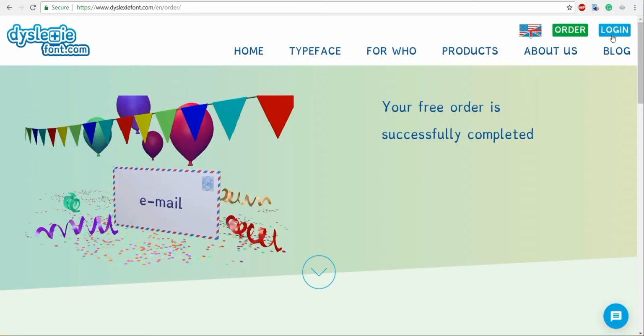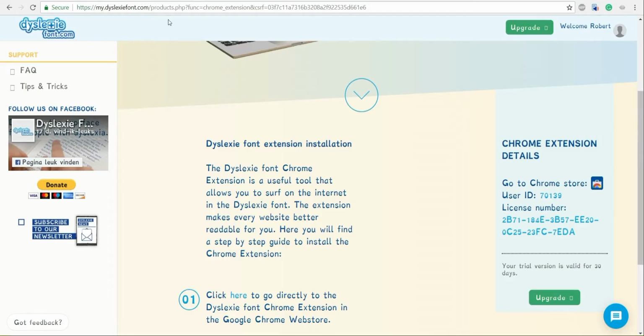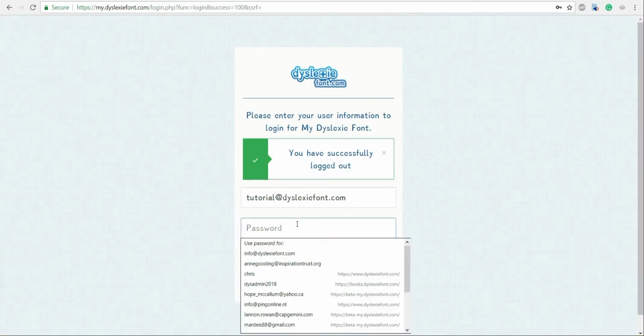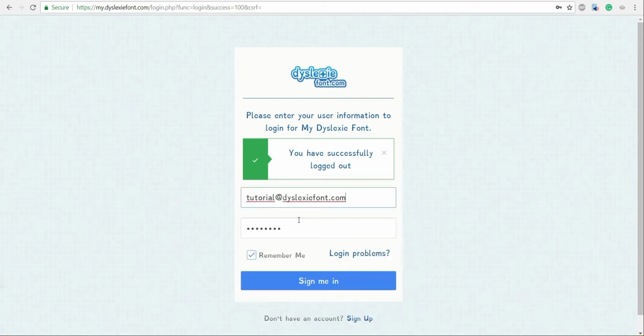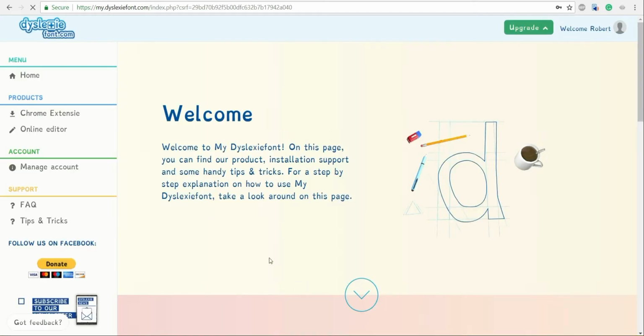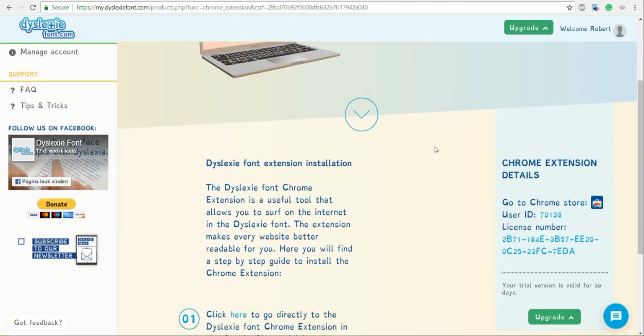So you can always access it by logging in, or just go to my.dyslexiefont. Sorry, I was still logged in. So basically you add your username, as I said, and password, sign in, and you will see on the left bar the Chrome extension as an option. Click on it. And there you will see